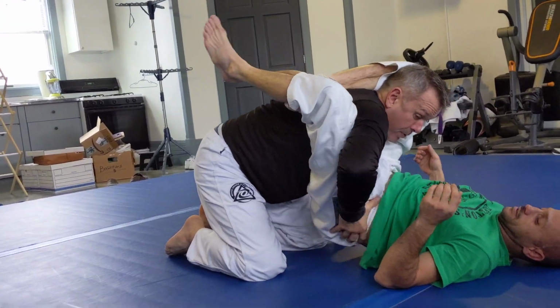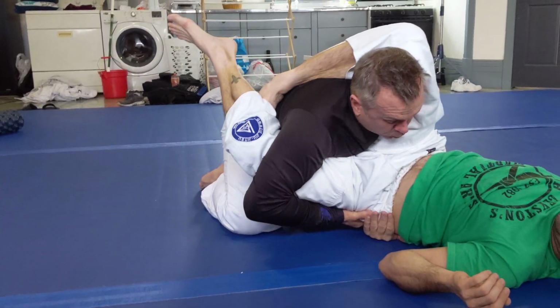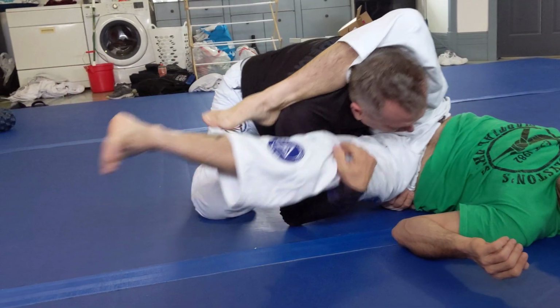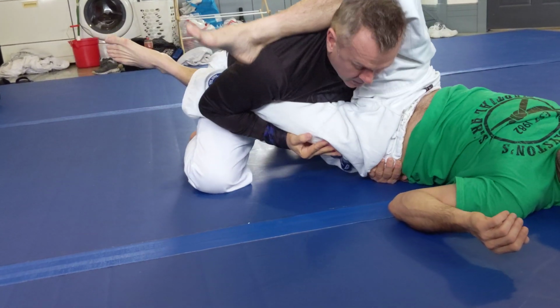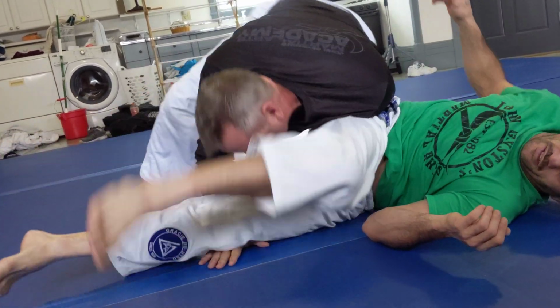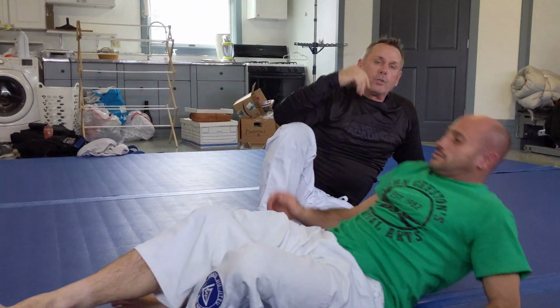I'm going to come to the hip. And the same thing, I walk and I drive, but this hand comes in and controls his hip now. When I get there, I'm going to come back to here. He already feels like he's lost me. Then I'm going to swim that under. So I get that knee, pressure, now where I can get that arm out of the threat. You know, and then it's however I want to pass. Multiple things I can do from there. So those are 3 triangles that I'm